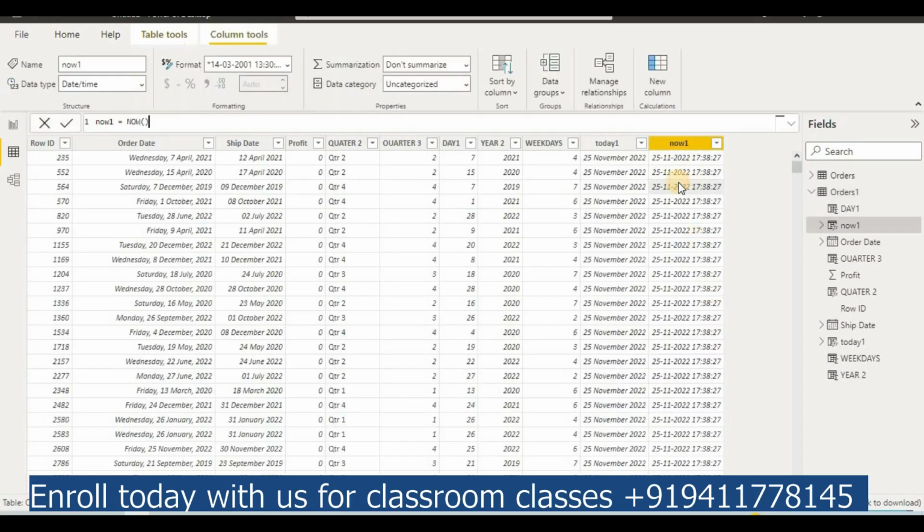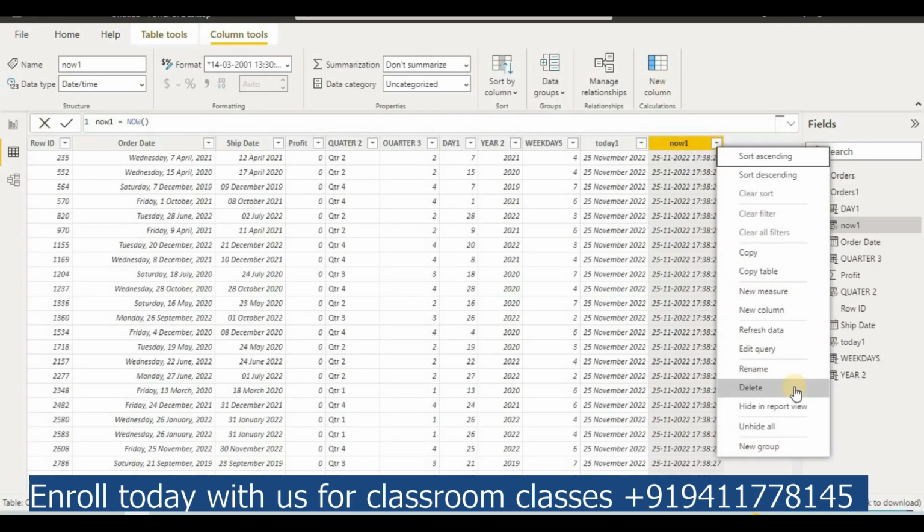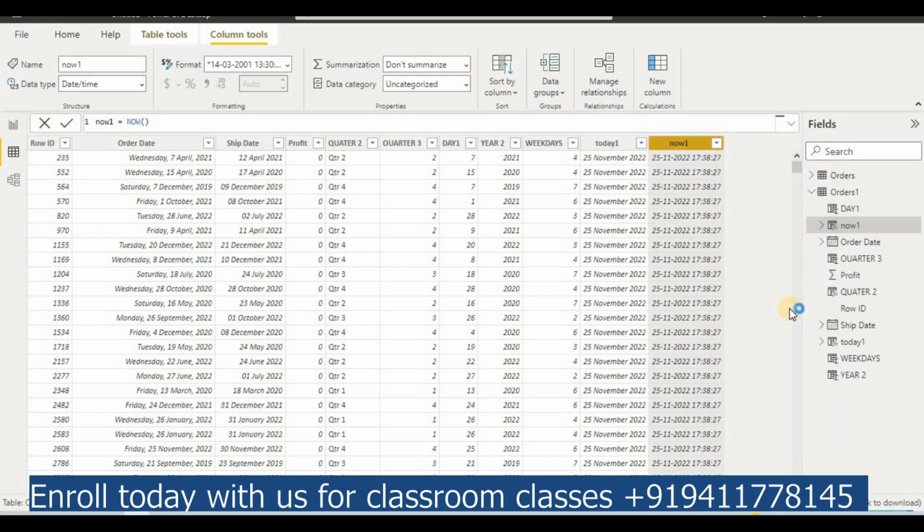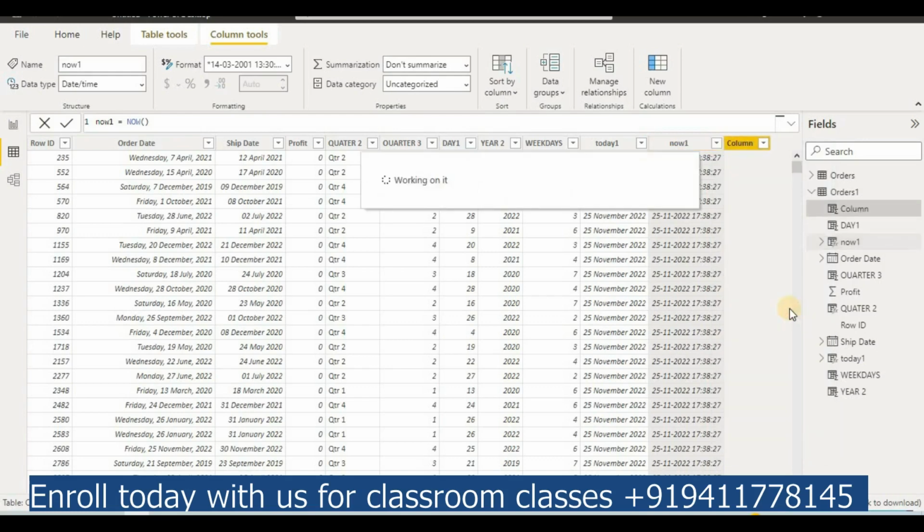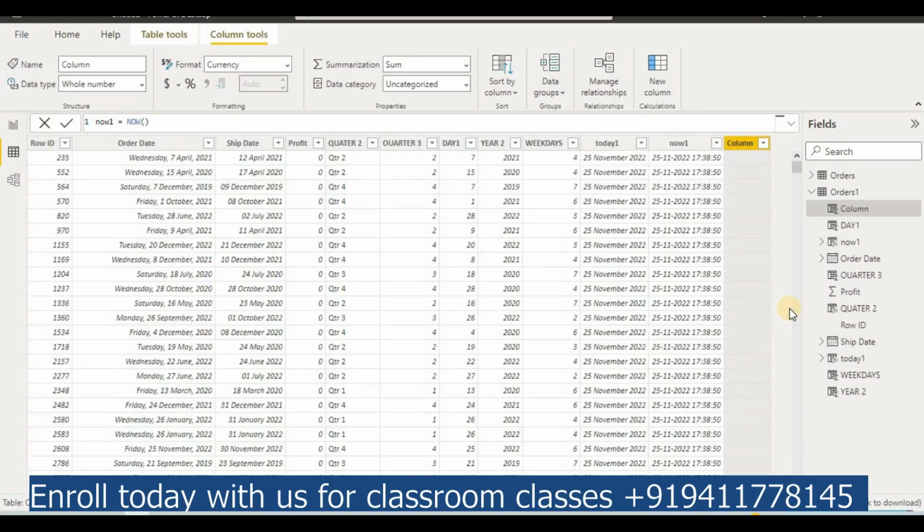So I will just right click, I will go here and right click, and here we will take new column, and we have a new column with us. So two ways to select a new column. So now we have a new column. I will go over this new column, backspace,